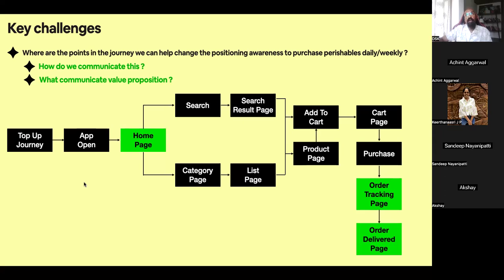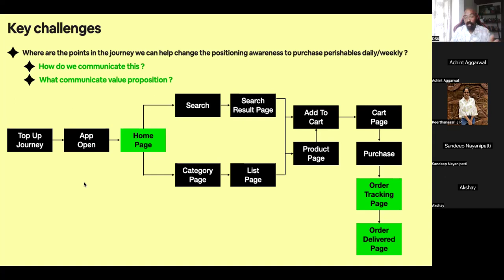Given your strategic priority, you could use some of those real estates to tell the story, saying, hey, we are now saying that Blinkit is not just a last minute app. You can use this for buying your groceries on an everyday basis. What should I communicate for it, right? So we know that customers have said to us that what they really value is freshness and some indication of quality. So how do you then bring in those nuances into all of these touch points on the homepage and